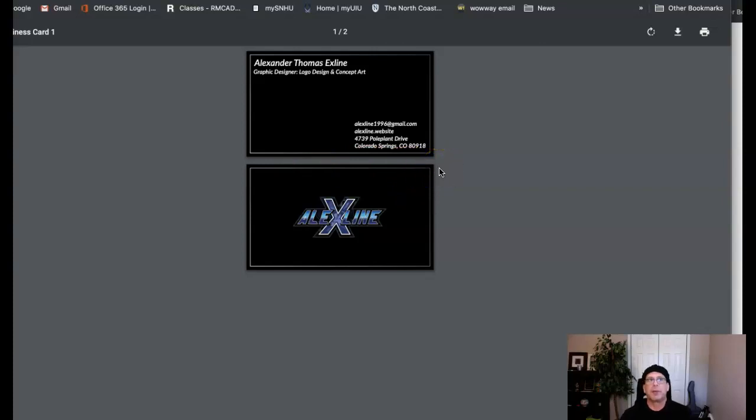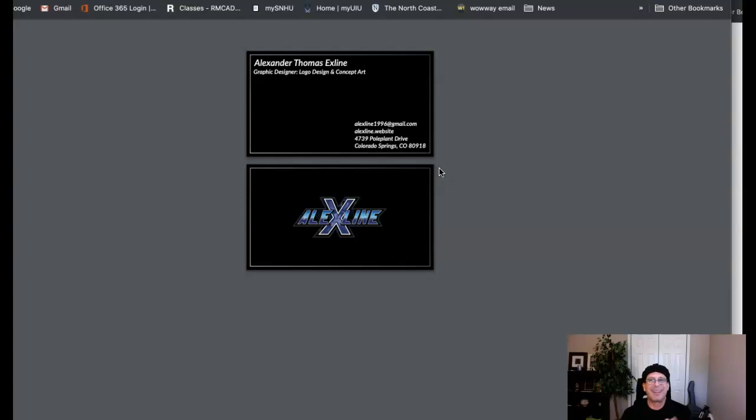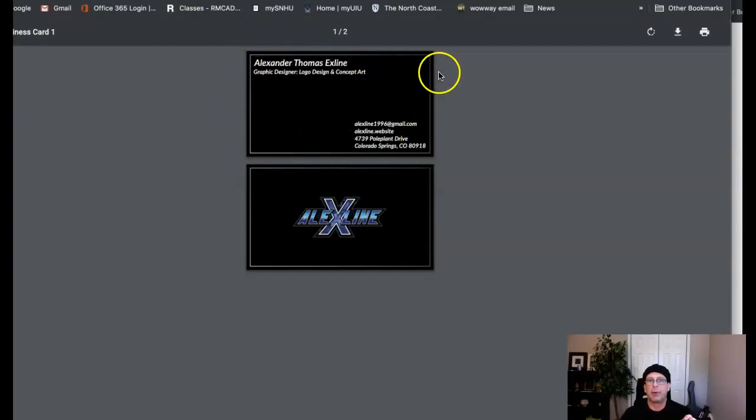quite often trimmers in print shops, they're not as accurate as you would think. So if they mistrim this at all, you're going to have uneven borders. So that's a production concern on the business card, that kind of frame. I don't recommend it. Okay, so if you assemble your business card as white with the logo and then your